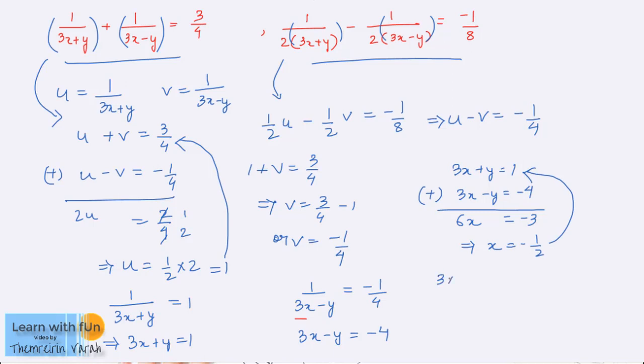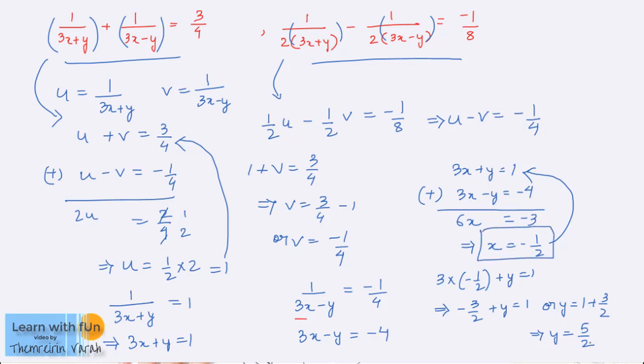So we get 3 into minus 1 by 2 plus y is equal to 1. 3 into minus 1 by 2 is minus 3 by 2, plus y is equal to 1, or y is equal to 1 plus 3 by 2, which is 5 by 2. So our answer is x equals to minus 1 by 2